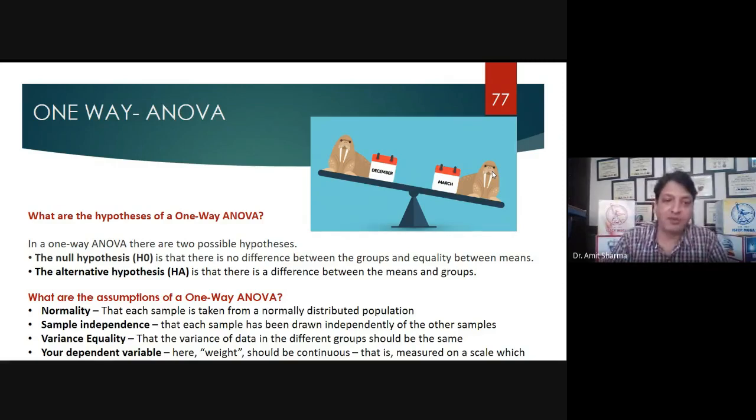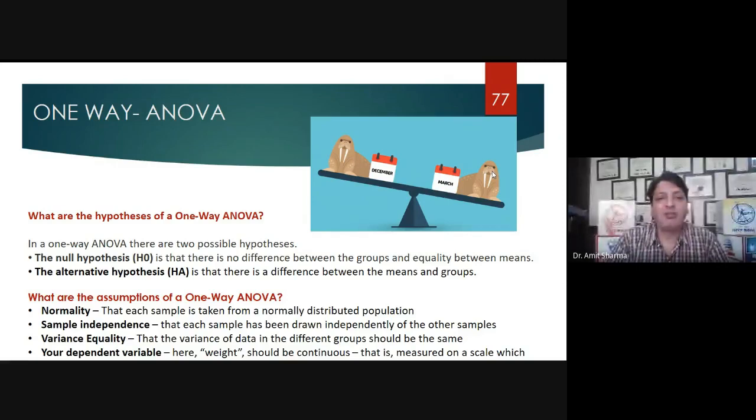That means we have to prove that there is a difference in the groups, a difference in the mode of teaching, and you can also predict which method of teaching is best. So how are you going to do it? You are going to take the observations of all those 10, 10, 10 students, conduct a test, and after the test take the marks.